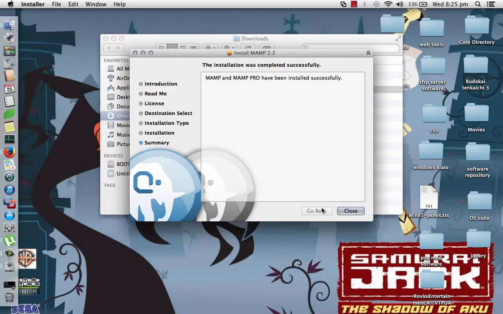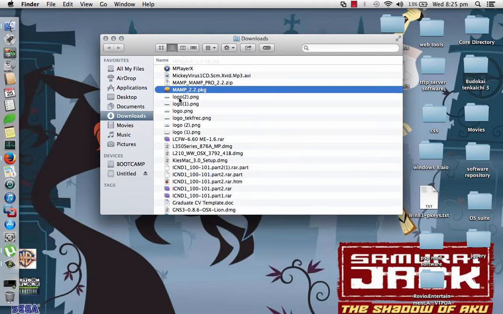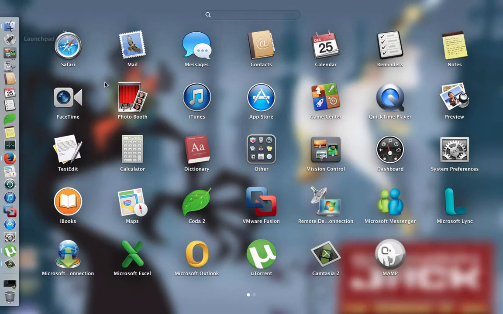So once it's done, I'll just close it and you can check whether it has been successfully installed or not, and I can see that it has been added here on my launchpad.